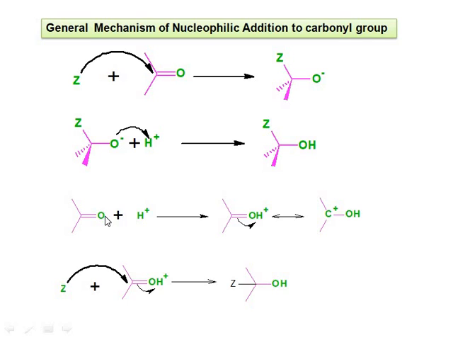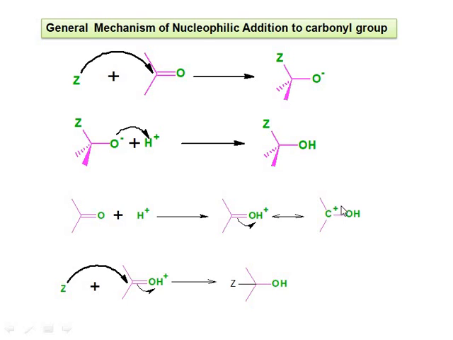In the presence of acid, the next type of mechanism changes. It means that in the presence of acid, firstly, the lone pair on the oxygen picks up the proton and forms a positive charge. The lone pair is given to the proton, so there is a positive charge on oxygen. And then this bond can shift to neutralize the charge on oxygen and therefore form a positive charge on this carbon.